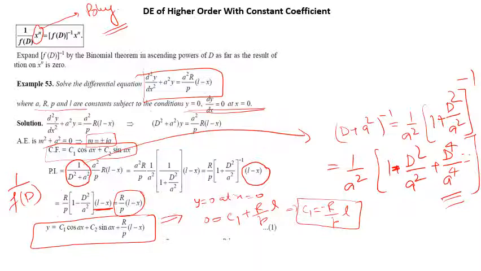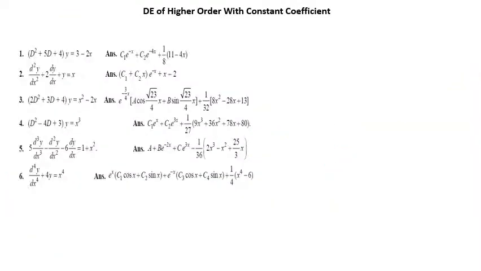Remember that whenever only a polynomial in x is present, then take the inverse of the operator f(D) inverse and convert it into binomial form. These are some problems. One problem I want to solve, suppose,